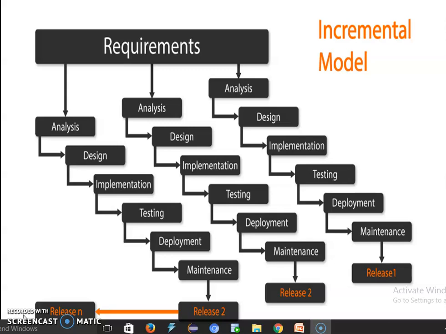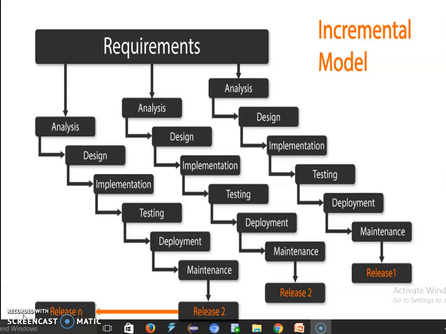Once the product is evaluated by the customer, a plan is developed for the next increment.